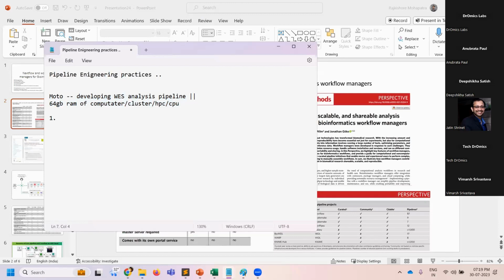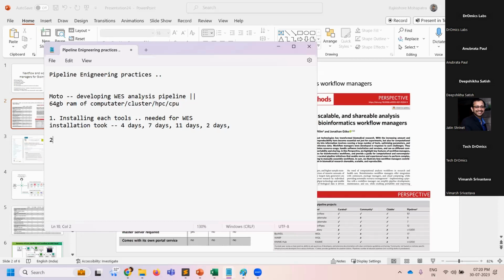So what were people doing 8, 10, 12 years ago? They were installing each and every tool needed for the whole exome analysis pipeline. The installation of tools took 4 days for some people, 7 days for some, 11 days for others, and maybe 2 days for some, depending on how good they are at installation and how good their knowledge is.